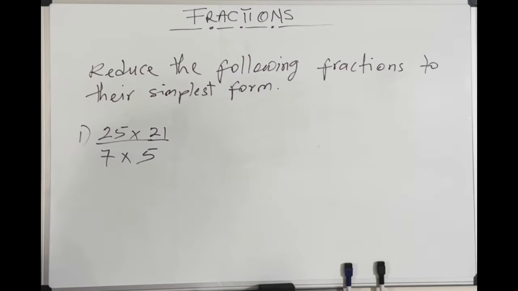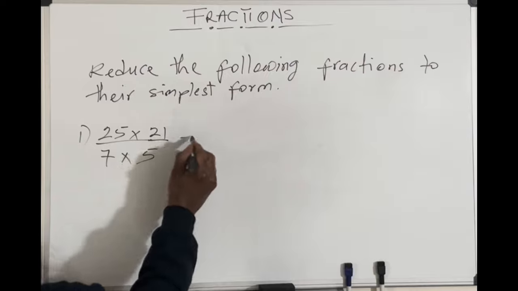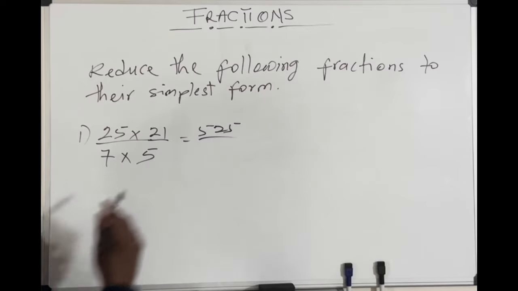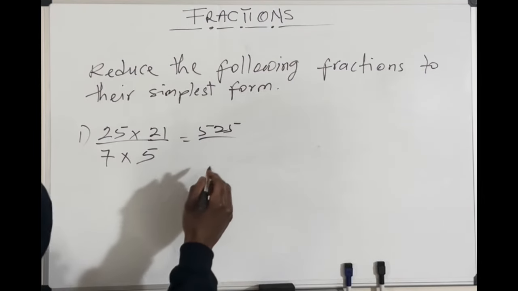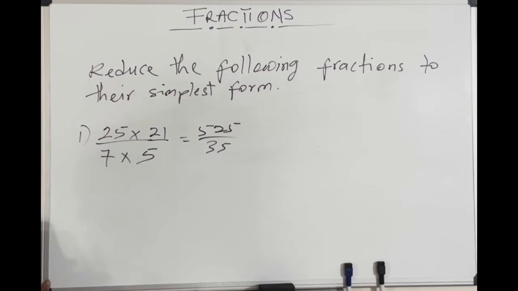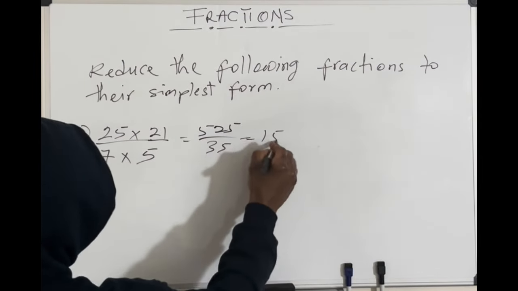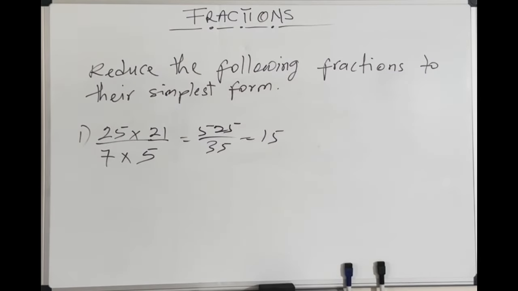The fastest way is to use a calculator because you are dealing with time. So you just punch in 25 times 21. You get 525 over 7 times 5, which is 35. Then quickly you go 525 divided by 35. So the final answer is 15. That's the fastest. But then you can also go by this way,